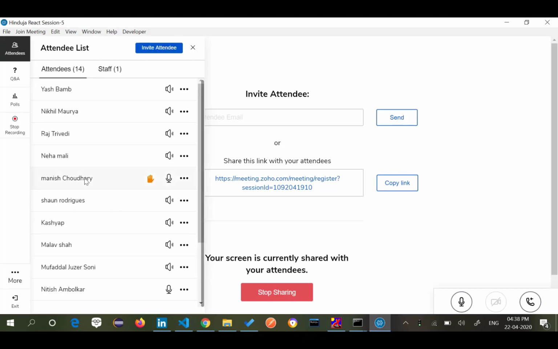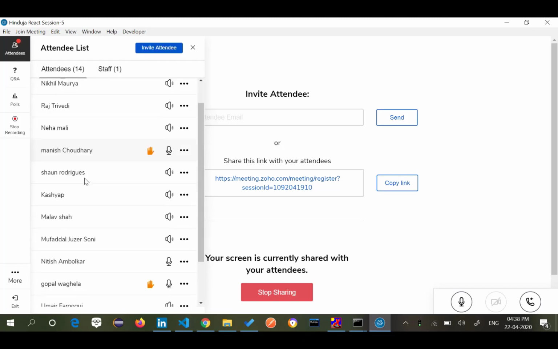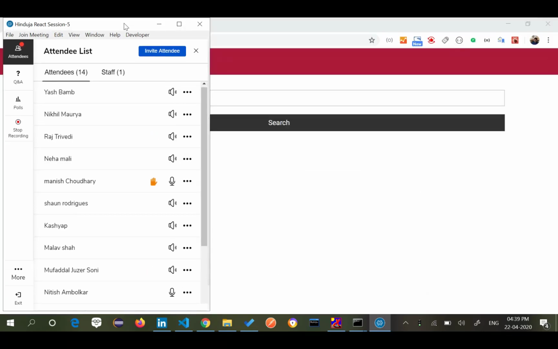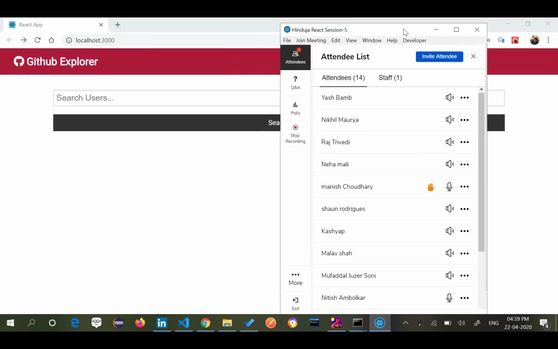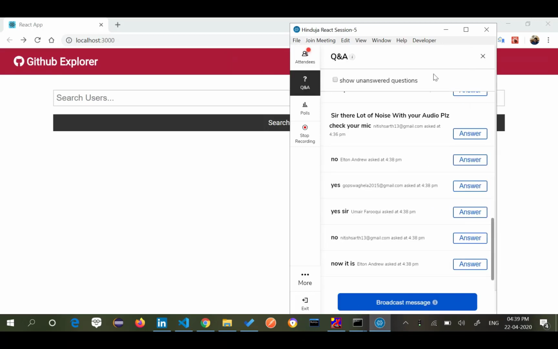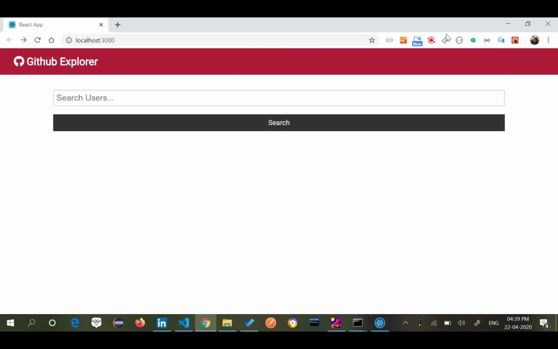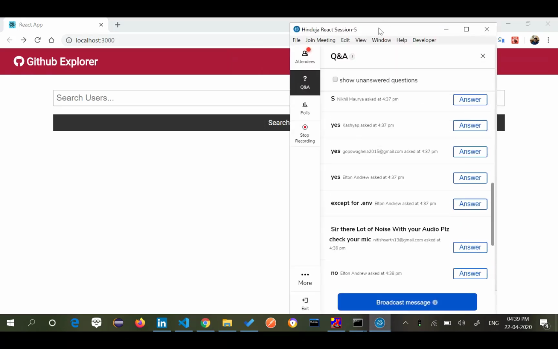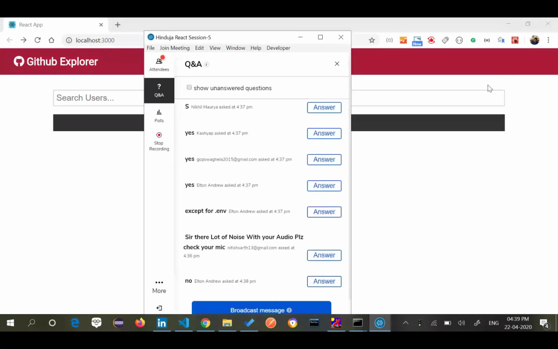Okay, so let's start with the code now. We have done till the overall part, and now we have gone to the alert box as well. Now I need to implement a router here first. What do I mean by router? I need to create a home button and an about button.